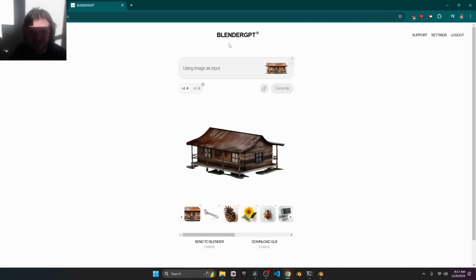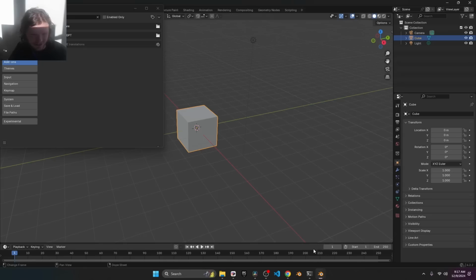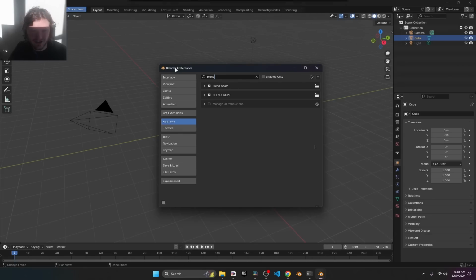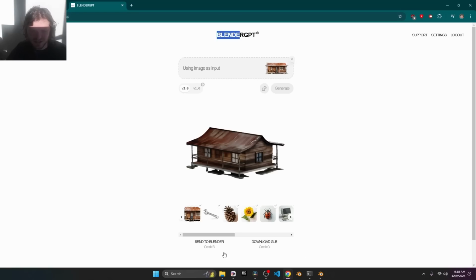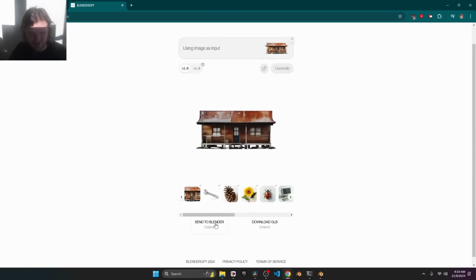So again, like I said, the word Blender is in here because there's a bridge. So when you go to this website the first time, it's going to tell you haven't downloaded the add-on, you should do that. And once you install this add-on, which was only working in 4.2 last I tried, I'm sure you fixed it. You have this add-on, you turn it on, and this is going to be basically a listener that waits for the website to say, I'm sending you a model, and then it will import it. On the website, I'm going to hit send to Blender. I haven't been able to get this shortcut to work. Send to Blender button. I will click it manually.